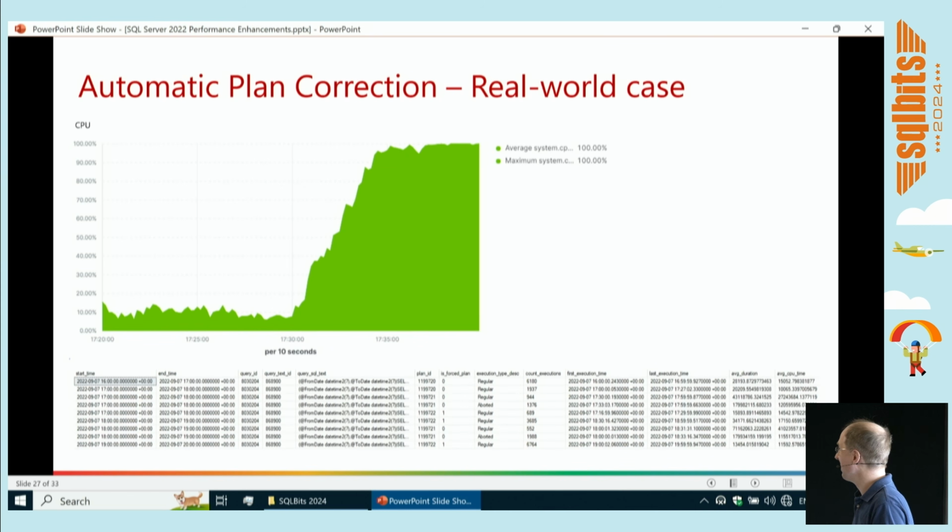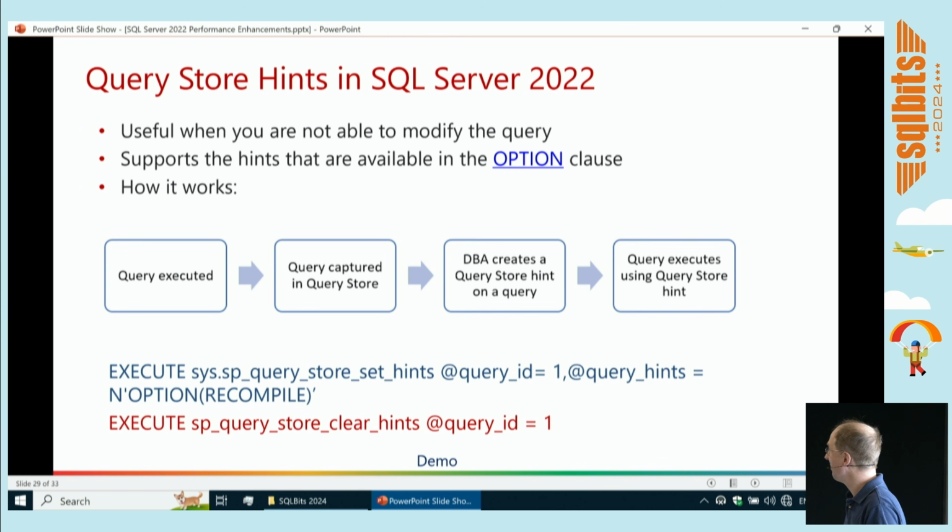I have some examples here, but we don't have time to go into that. The last feature here I just want to talk a few minutes about is query store hints. Have any of you been trying out query store hints? Okay, a few persons. Okay, so basically now in query store in SQL Server 2022, there is the way to,